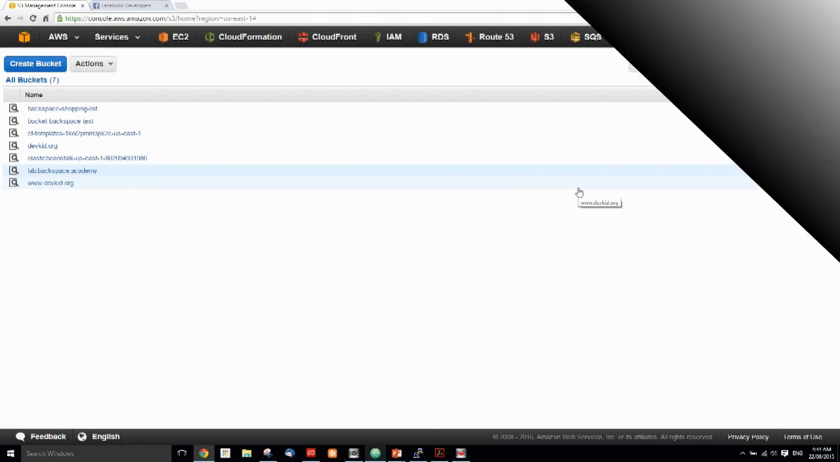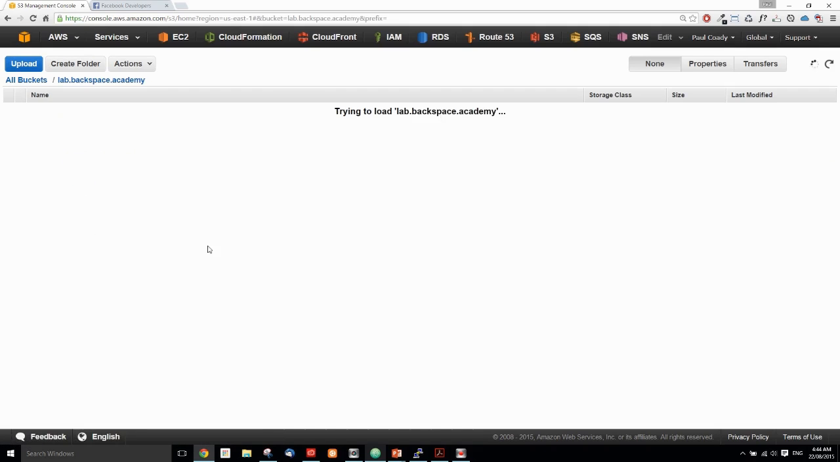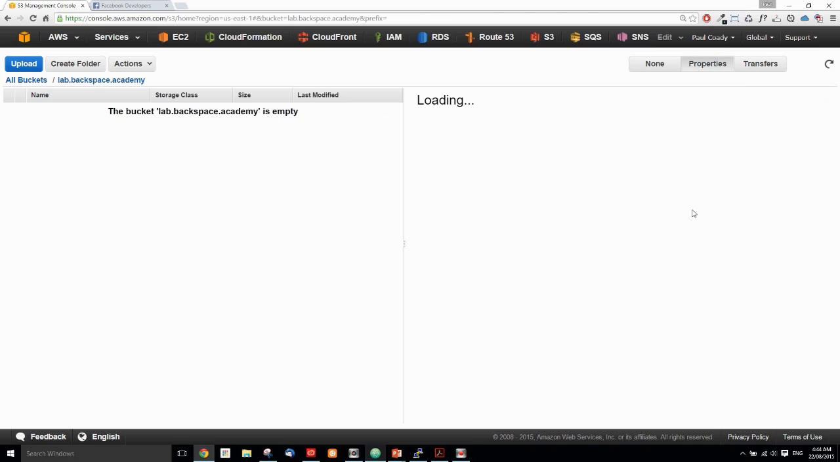devices are synchronized. The first thing we want to do is to create a bucket to host our web application on. So I've just created a bucket here, lab.backspace.academy. So you would create a unique one in whatever name you would like. So we just go into that there, and the first thing we would like to do is to enable website hosting on this bucket. So we go into Properties,